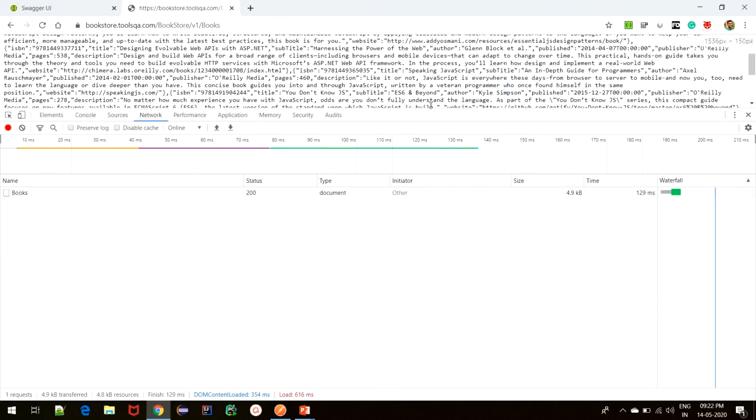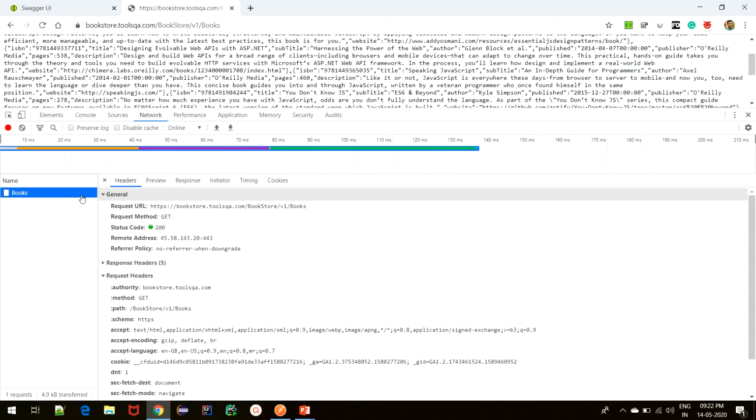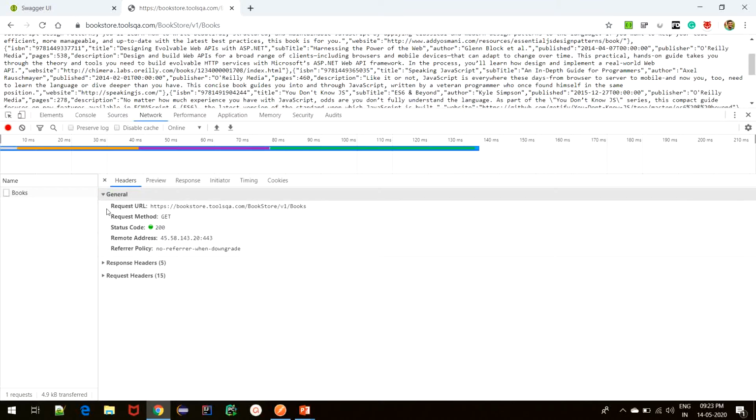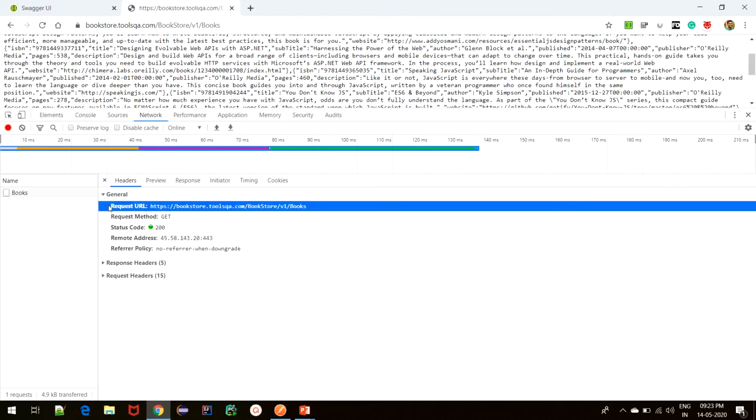So if we go in the network tab of the developer tools and click on the request that was sent, we get a lot of information about the request as well as the response. Since we are focusing on request in this tutorial, we'll see the parts that were sent as part of request. So as we had discussed, there's a request URL which is nothing but the URL of the resource.